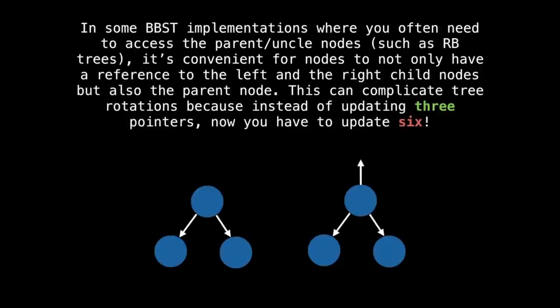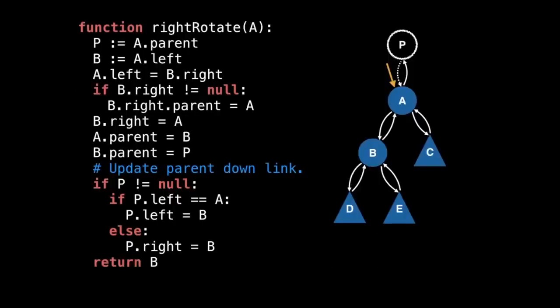We just finished looking at the case where each node has a reference to the left and the right child nodes. But in some balanced binary search tree implementations, it's more convenient for nodes to also have a reference to the parent node. This complicates tree rotations because now, instead of updating 3 pointers, we need to update 6 pointers. Let's have a look. In this case, where we also have a parent link, every node is, in a sense,